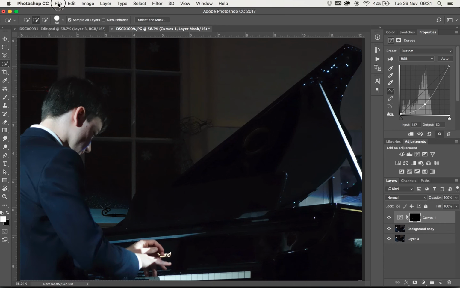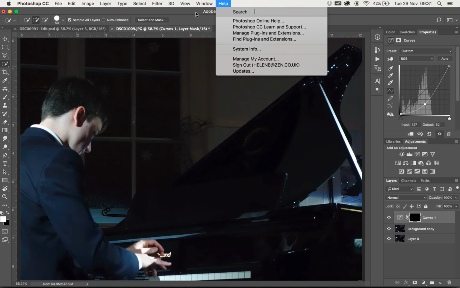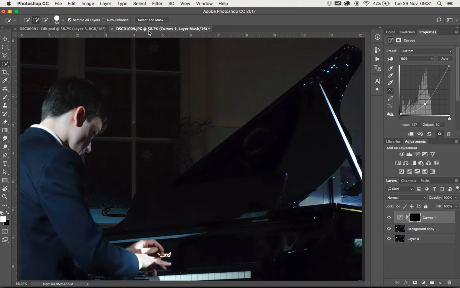I could do Command S, Control S, File Save. And actually, just before I do that, at the moment this is the JPEG, but because in Lightroom I chose Edit in Photoshop, when I save it, it will not overwrite the JPEG, it will save it as a PSD file, and there it is saving away. So you need to be a bit careful not to overwrite the original, but I know, because I've done it before in Lightroom, that it won't overwrite the original. It will save it as a PSD file, but if it's the first time you're trying this, you might want to test this on something that you don't care too much about, just to make sure it works in the way you expect. So I'm going to close that,